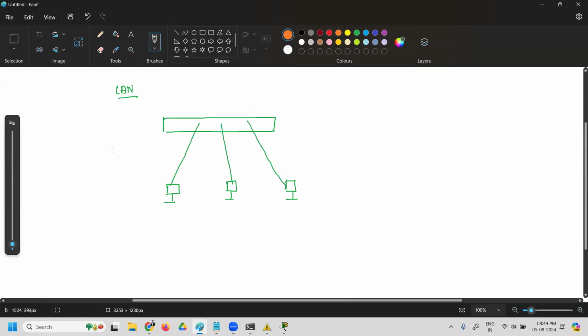And for each computer, you're going to assign an IP and subnet mask, so that it becomes a LAN. This is called a LAN without internet. This is the first thing which you will do and see in your Packet Tracer.